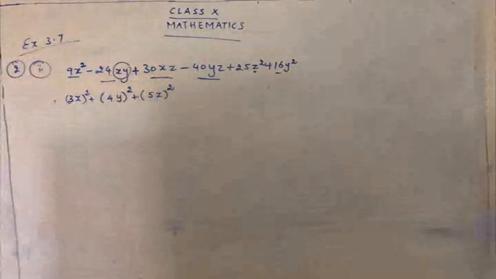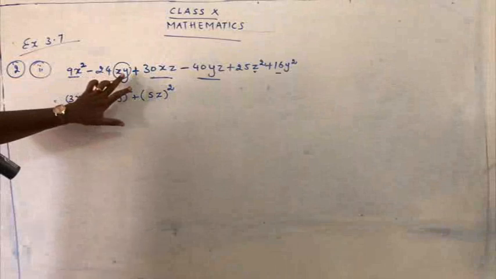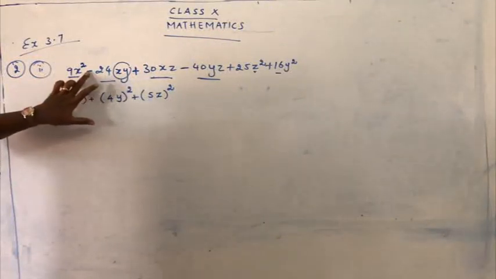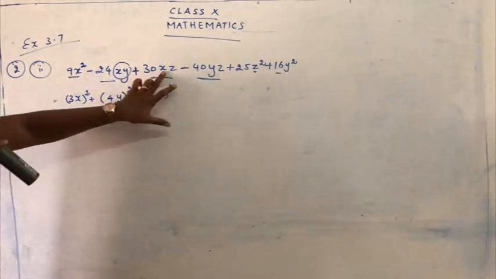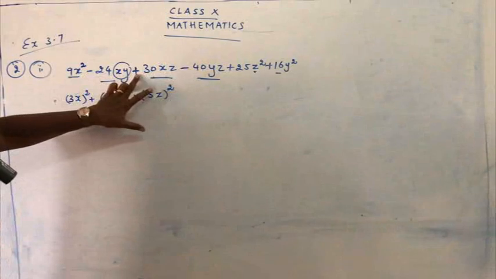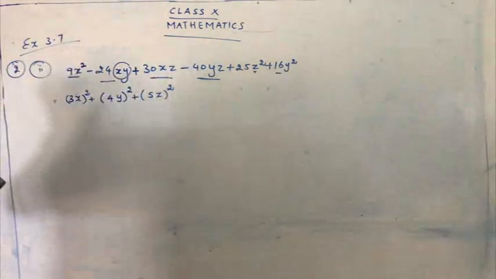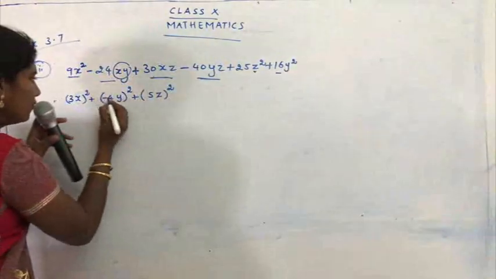So what are we going to see from this? When we have a y term, we have a negative sign. Here the y term is missing, so we have a positive sign. So what is our guess? The y must be negative. So you are going to insert here minus 4y.